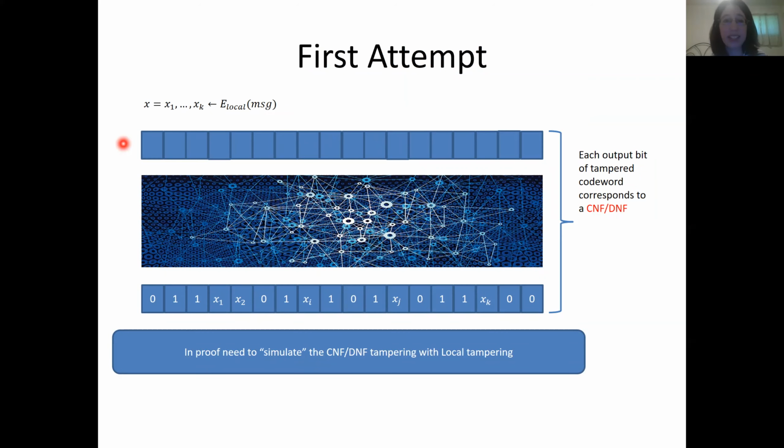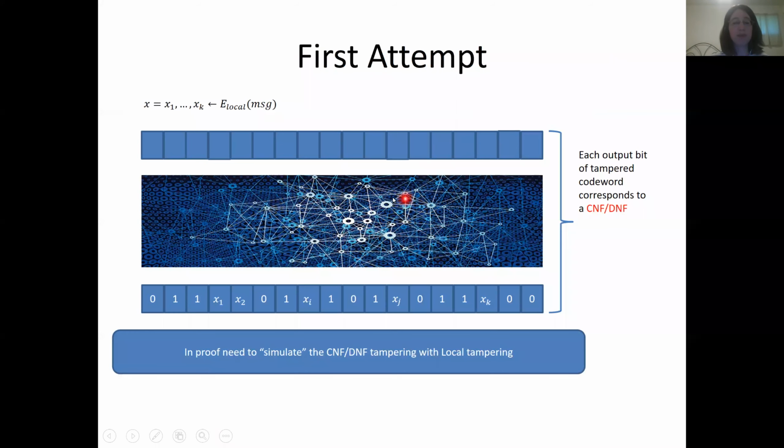Okay, so now let's see what's going to happen. Let's try to actually get our non-malleable reduction. So in the first attempt, we're not even going to use the pseudorandom restriction. We're just going to try to use a random restriction and see what happens.